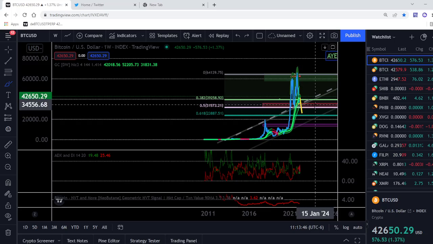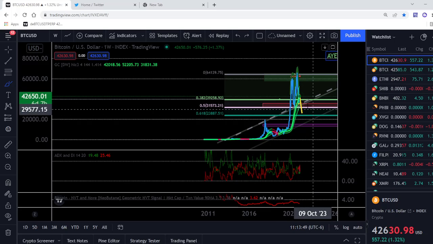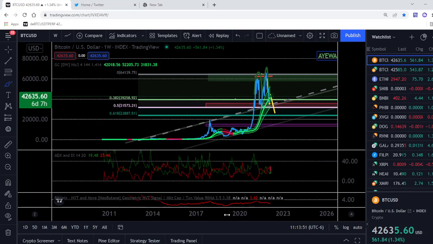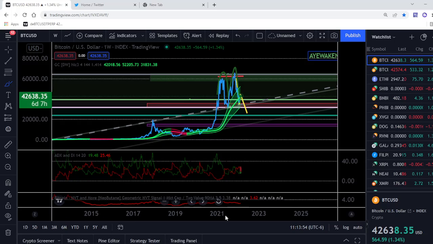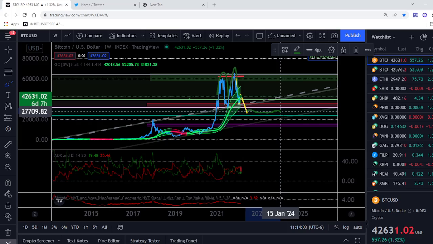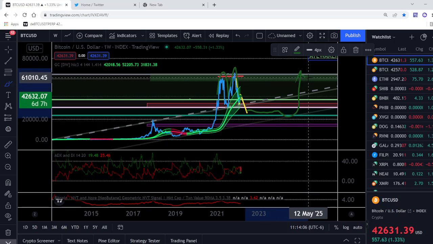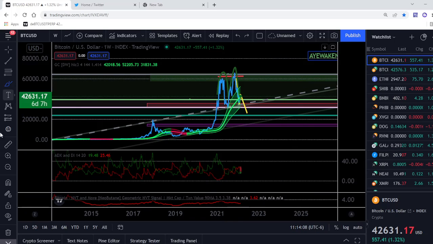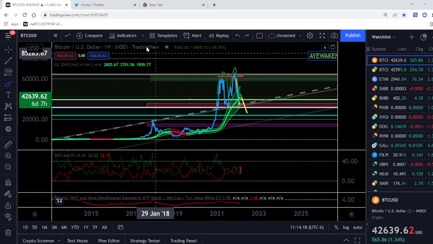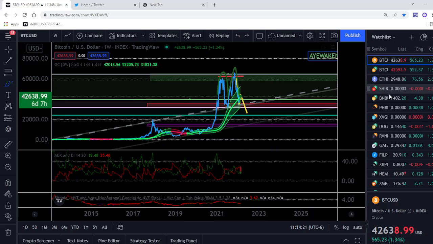Will we get a bounce from there? I do not know, but I do know this pattern has a tendency to hold support and consolidate for a while. So our consolidation may look a little something like this, and then we moonshot back up, or instead of moonshotting up, we could fall down and hold support near 20K, our key macro support level. But I wanted to also talk about